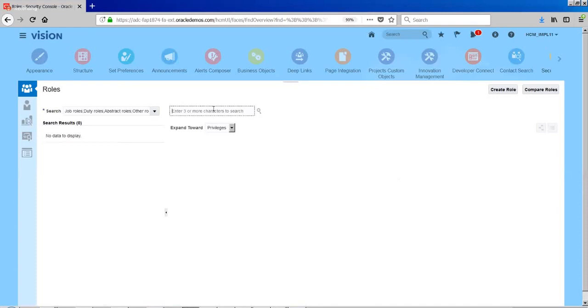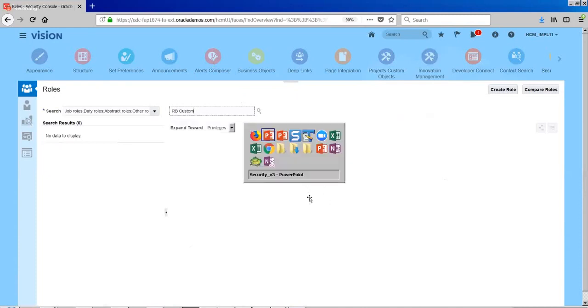So if I go here and look for RB custom, the job is not showing up here. I have created a job in the ESS server, and that job will become a functional privilege, but the job is not showing up in the security console. ESS is a different node and the security console is a different node. To get that data into the security console, we have to run a sync process.